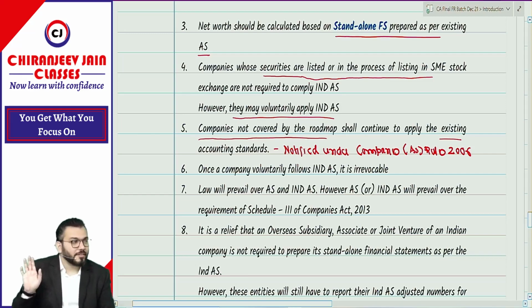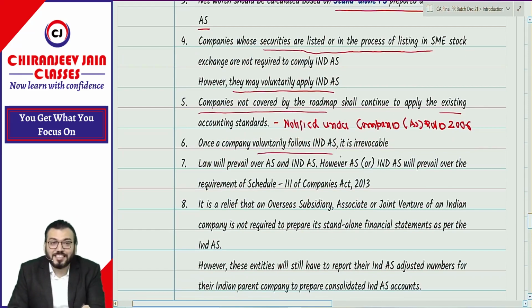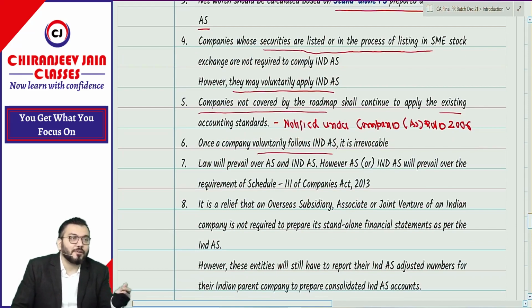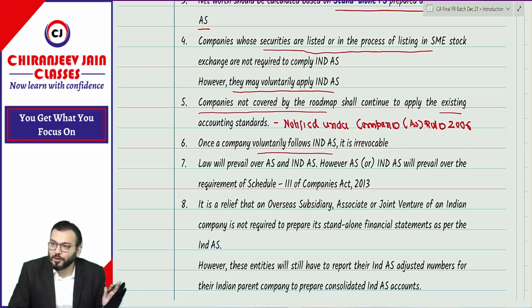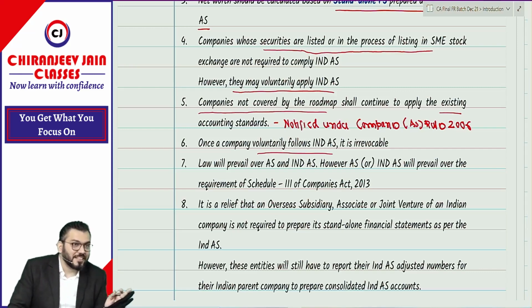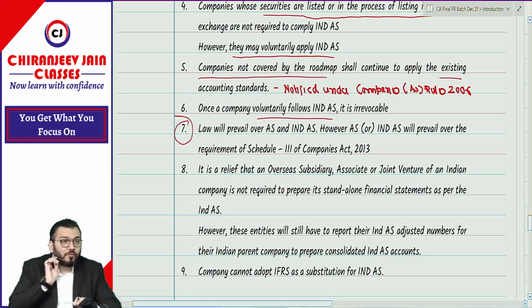Understood? Simple. Already I have said, once a company voluntarily follows Ind AS, it is irrevocable. Irrevocable means once exercised, it cannot be reversed. Correct? Means if you want to apply, apply only if you want to apply for lifetime. Now, this point number 7 also I have said: the law will prevail over AS as well as